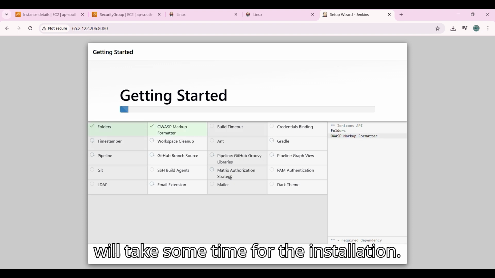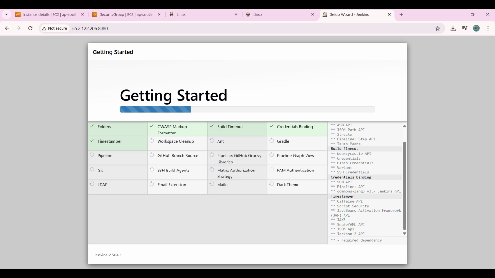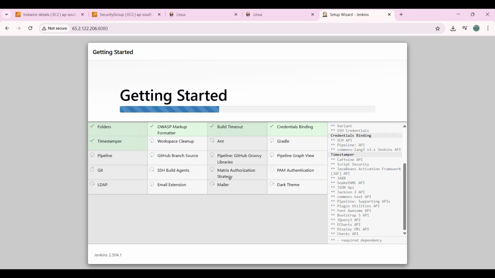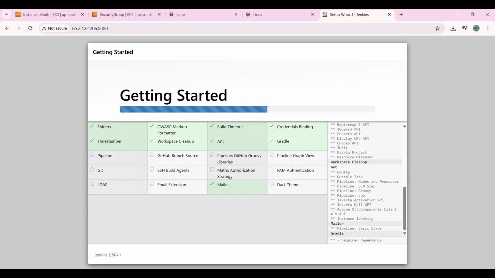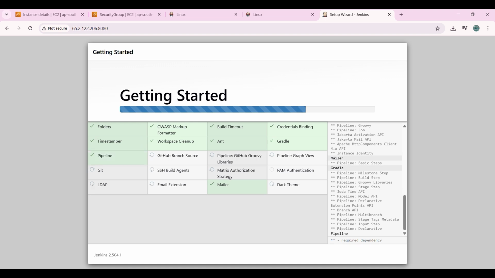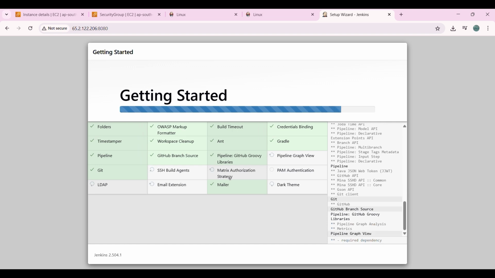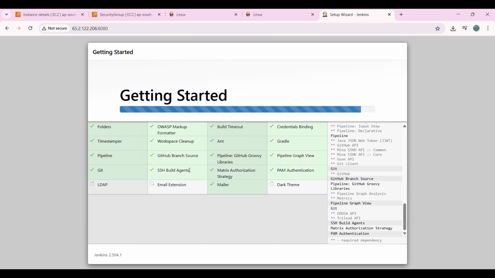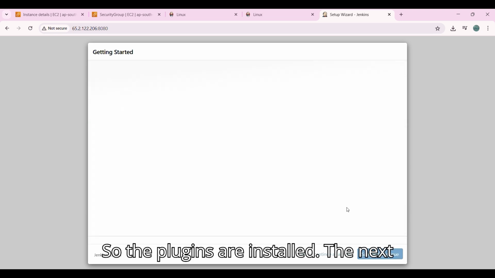It will take some time for the installation. So the plugins are installed.